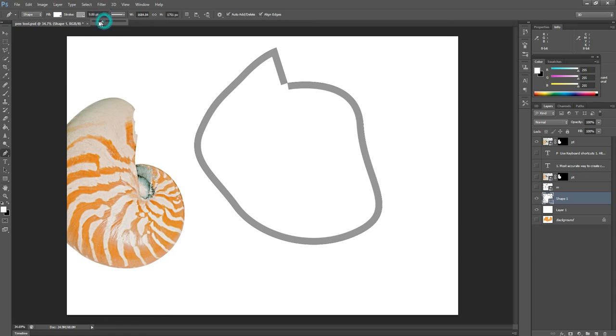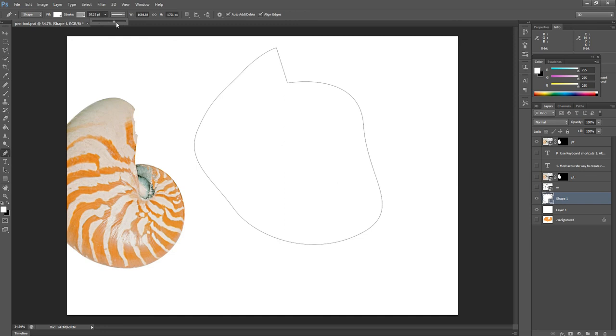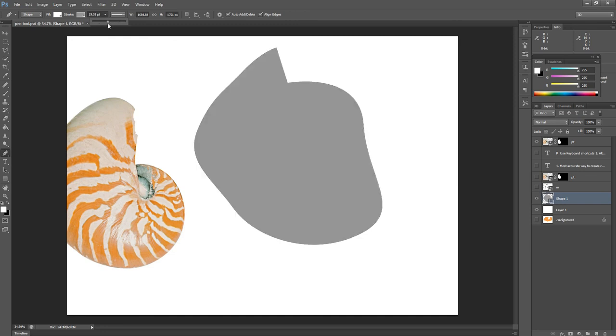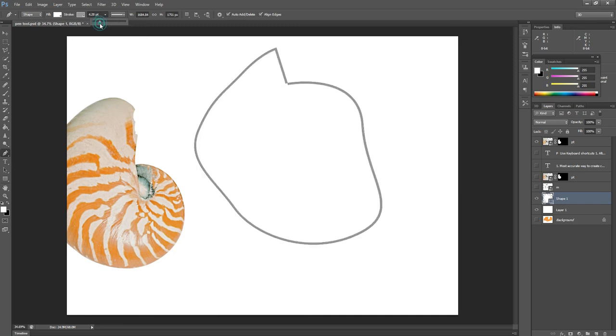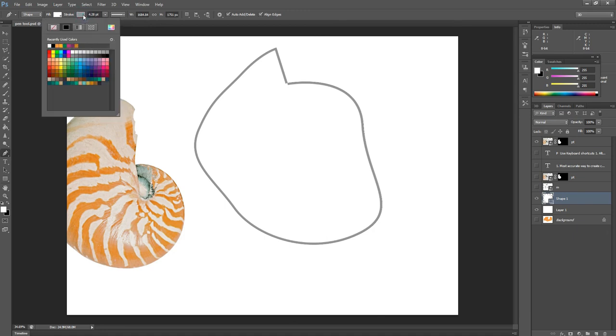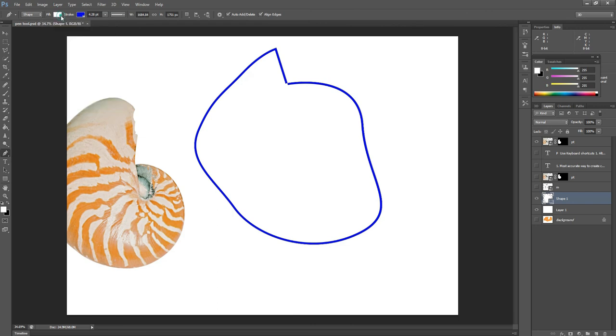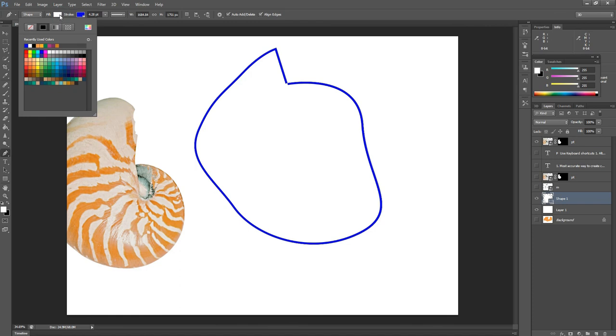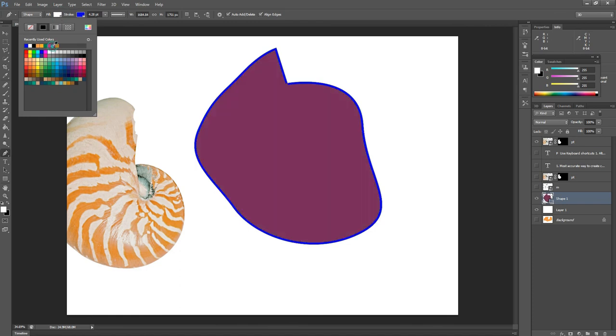We can decrease the size of the outline, and we can also increase the size of the outline here. We can change the outline color from here also. So we go and select any color to change the outline color. And we have the fill color also in the Shape panel, so we can change the colors from here.